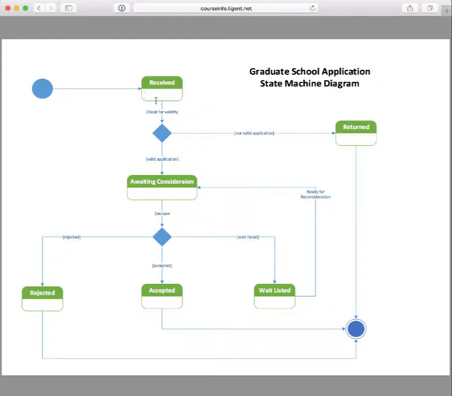Now, to me, that's a great initial state for us, because before that, we don't know about it. Okay? To some extent, it's real in the mind of the applicant. Okay? But until they act and we get some evidence, okay, then we don't really have an application. You know, it's perhaps an aspiration in the mind of the applicant, but it's not an application to us per se. So we begin with the state received,